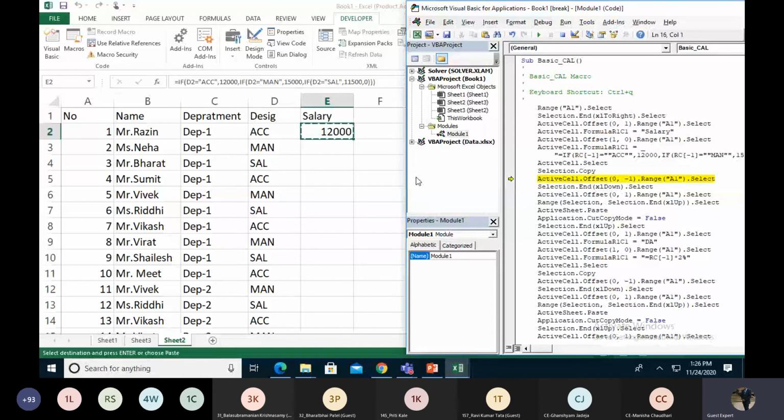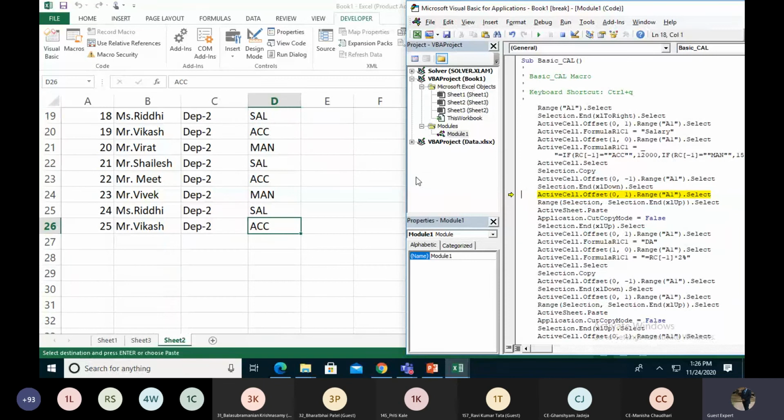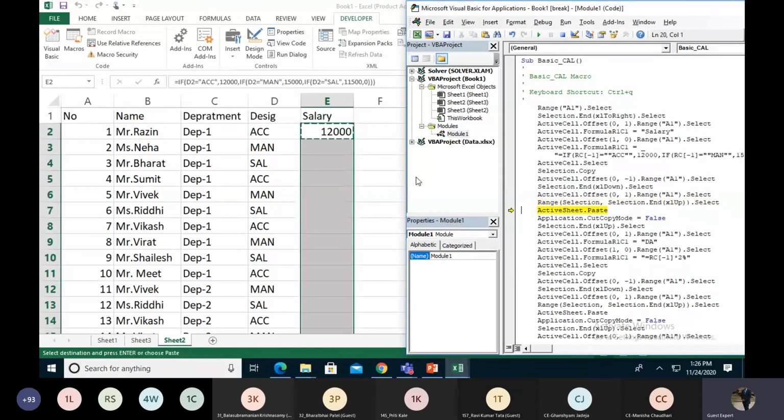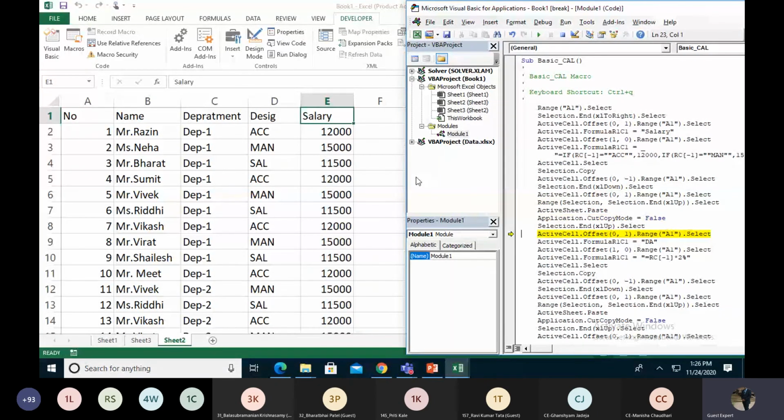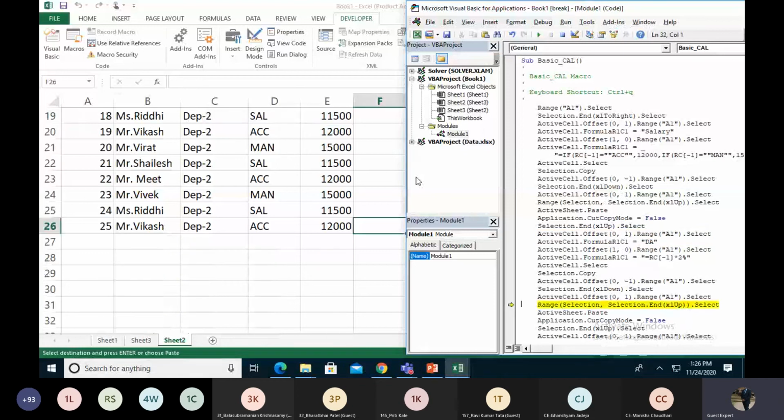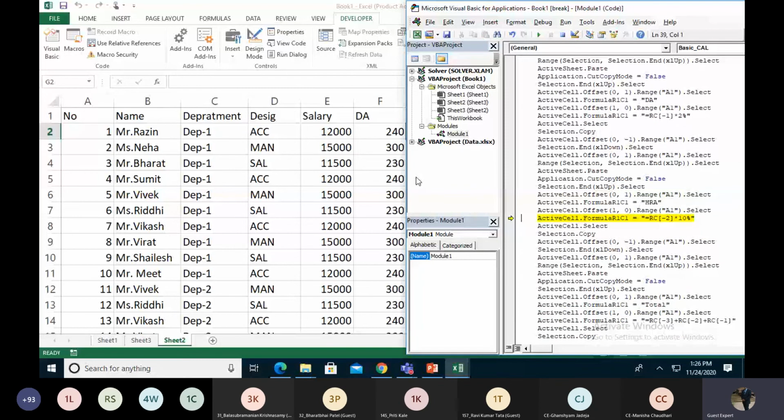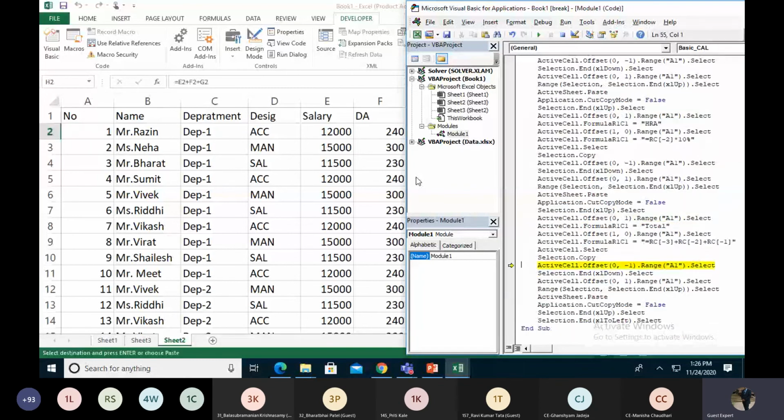They copy it, they simply go into the left side, and then after going down, so this is 25, they go to the last element, then they go into the right side, then select each and everything and paste it. Then they also go to the salary, and the same thing, they put the DA, then HRA, and then the total, and at the end of the day they finish their project.